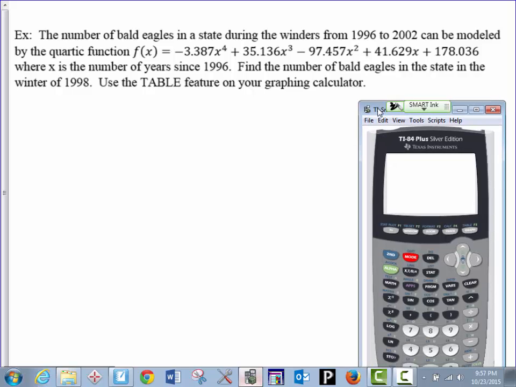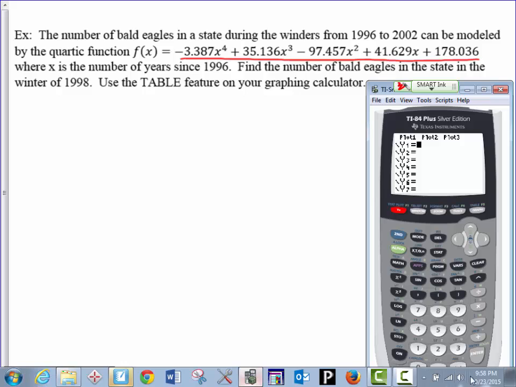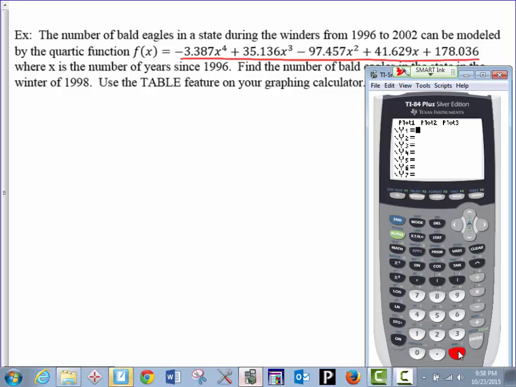In this example, we have been asked to use the table feature to answer this particular problem. What I will do is I will first enter what I have underlined in red into Y1. So it's negative 3.387 x raised to the fourth. I have to arrow right, and then plus